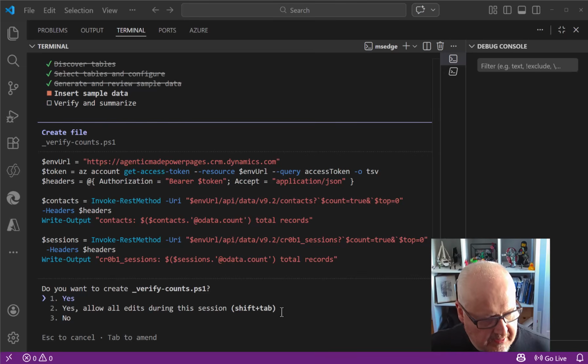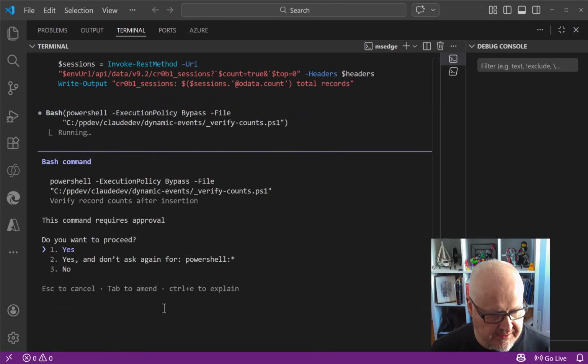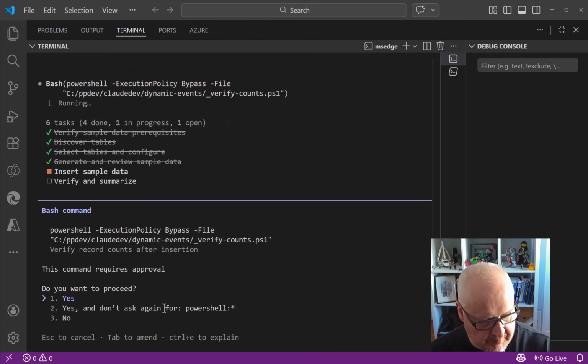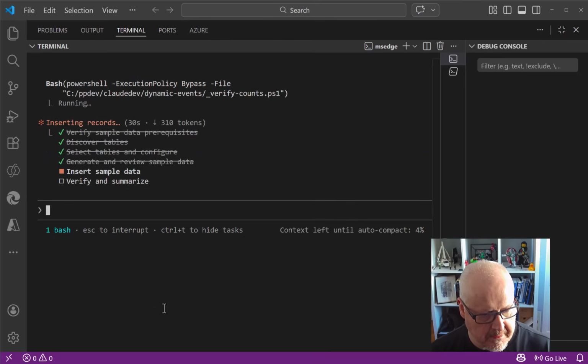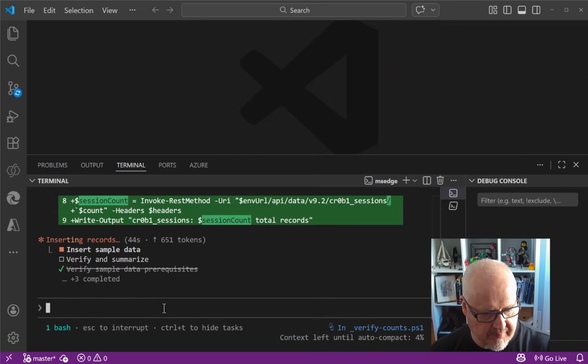All right, here we had a few little hiccups, but all good. Do you want to verify the counts? Let's do yes. So basically, it's just going to verify the counts of that data. Again, we're doing 5 records, so that's not really that big of a deal. It's going to want some permission. Yep. It's going to verify on this PowerShell. So it is doing a bit of PowerShell work here,